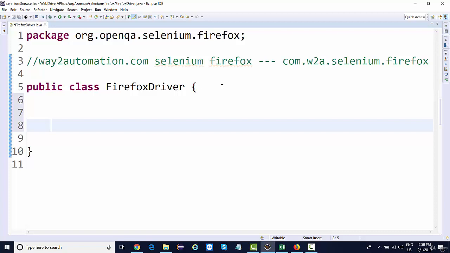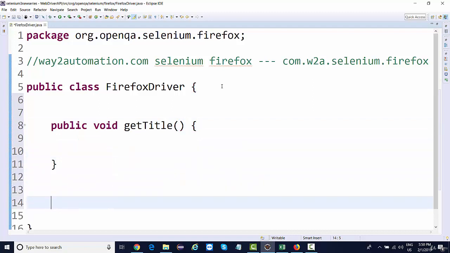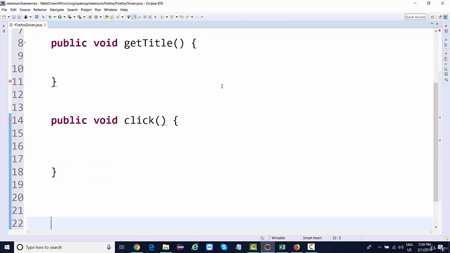So let's say they've created a couple of methods. In order to get the title, they've created a method called getTitle. In the same way, in order to click on any element, they've created a method called click. In order to type in any element, they've created a method called type.